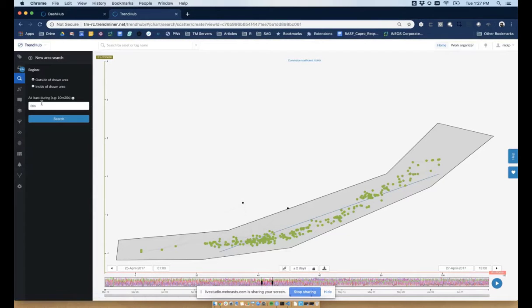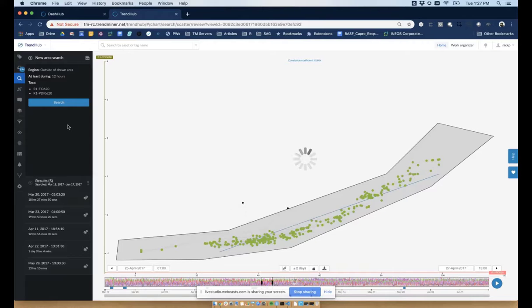So what I'd like to do is simply do an operating area search, and you can see here TrendMiner allows me to look for periods where I'm operating either outside or inside of the drawn area. In this case, I want to look for periods where I'm operating outside of the drawn area, and I want to set the duration here to be at least 12 hours, because with standard fluctuations in the process, we might go outside of this regime for a little bit of time and go back in it, and I don't want to have nuisance alarms. So I really want to find periods where I was operating outside of this regime for an extended period of time.